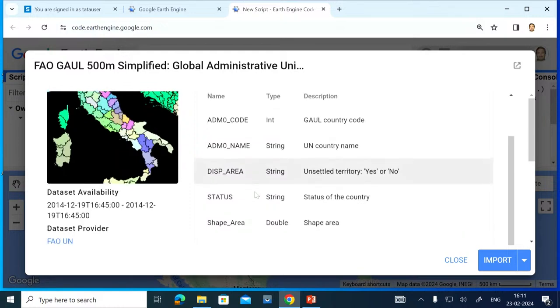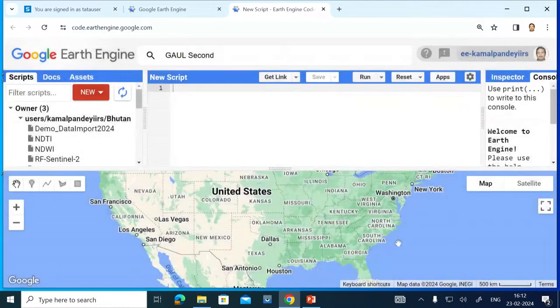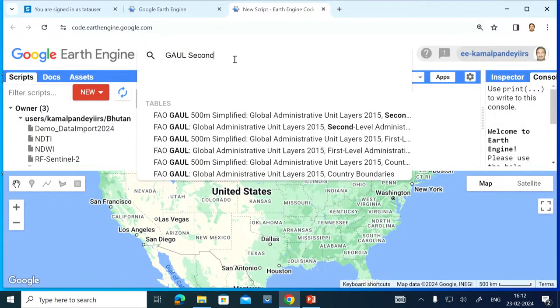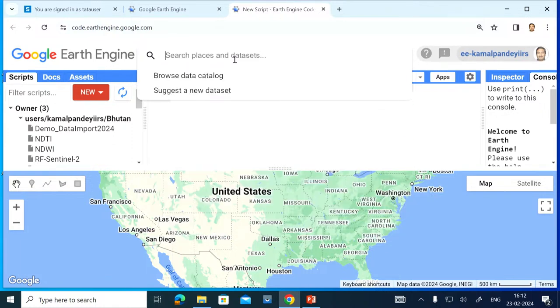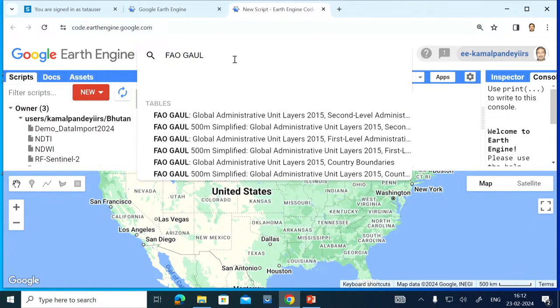It should show all the admin fields; it is showing ADMN 0 name, and at least it should show ADMN 2 also. Only then can we say that our dataset is the correct one. So I will go again and write it properly here, FAO GAUL. Then we can see that many layers are available. So we will look for the second level administrative layers here.